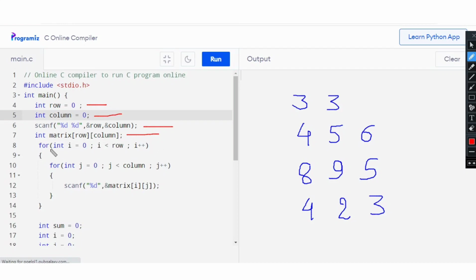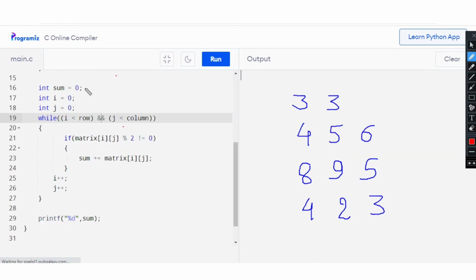After that, come to this line. Here we are iterating a loop, int i equal to 0 till i less than row, and inside that loop there is an inner loop, int j equal to 0 and j less than column. Let's suppose the value of i is 0 and at the first iteration the value of j will be 0. So we are taking input and storing it at matrix of 0 0. At matrix of 0 0, 4 will be stored. At the next iteration the value of j will be 1 and i will still be 0, so at matrix of 0 1 we will store 5, and so on. After taking input, come to the next line.